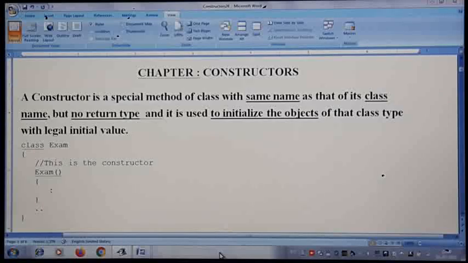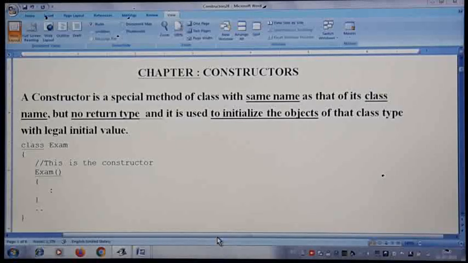Along with that same program, you are going to include a small topic, which is nothing but constructors. Let us understand in today's class what constructors are, why we write constructors, what their features and purpose are, what the types of constructors are, and what the default constructor is. All that we are going to discuss in today's class.